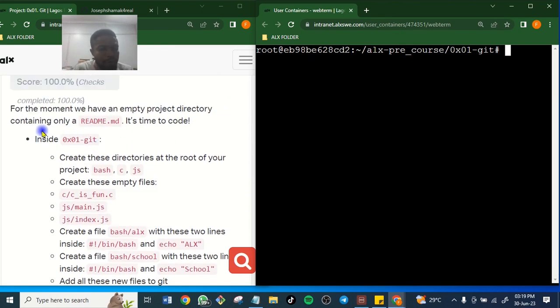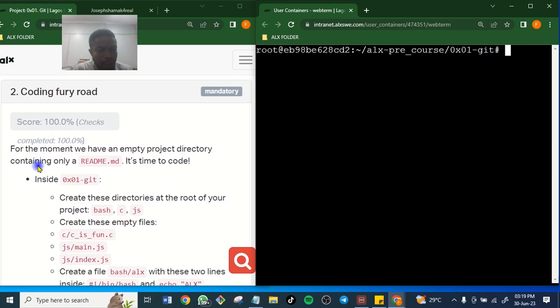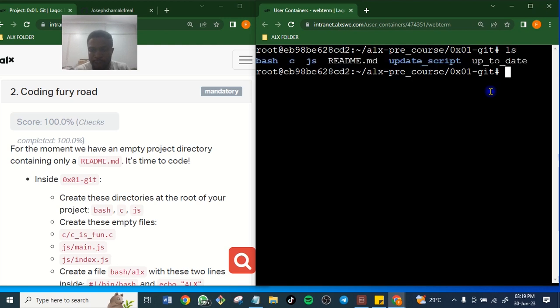Let's go back again. Let's check one by one from this project. Okay, in our Git we have this. Let's check whether our readme is there. ls, our readme is there, right? Good. Now let's check this bash.